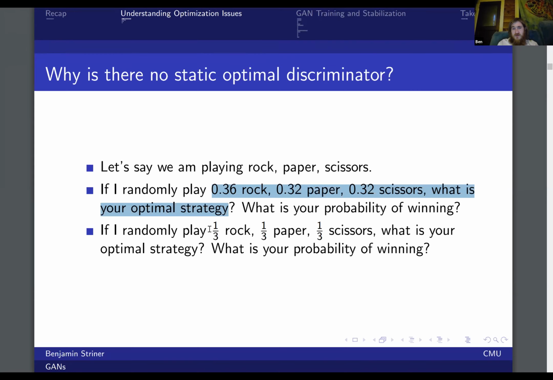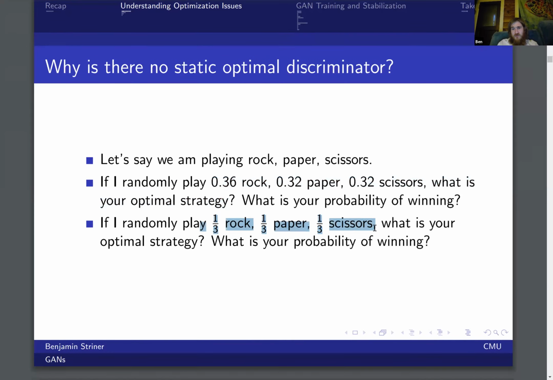So to change the situation a little bit, let's say it's exactly a third rock, a third paper, a third scissors. What is your best strategy in that situation? Can anyone guess what the best strategy is to play against someone who's completely random? It's kind of a trick question. Well, the right answer is every single strategy you play is the optimal strategy. No matter what you do, you'll have a 33% chance of